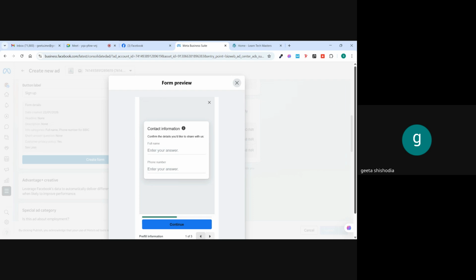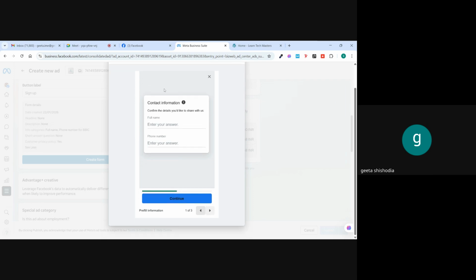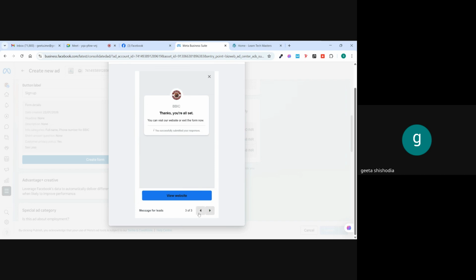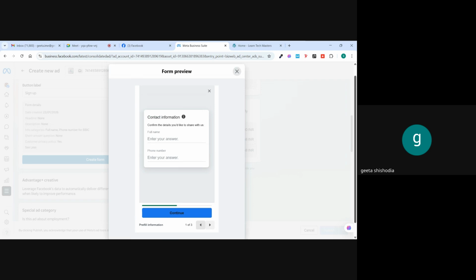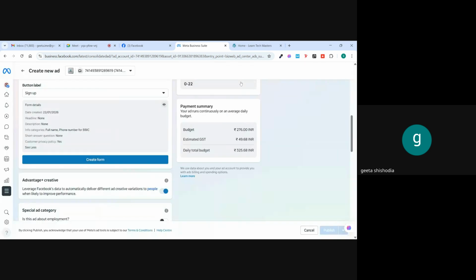Let me preview it one more time. Okay, so we haven't put any headline here. So if you want, you can put in any headline also. So cross it. Coming to the next pointer,